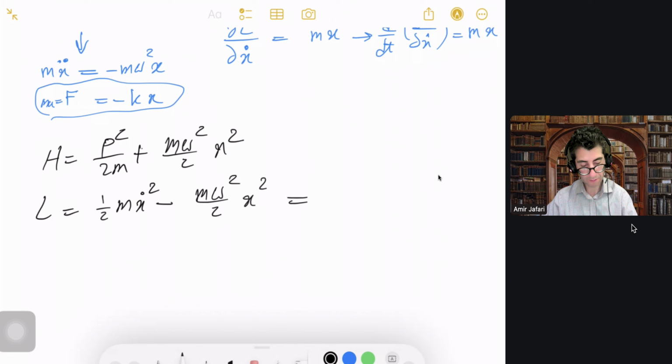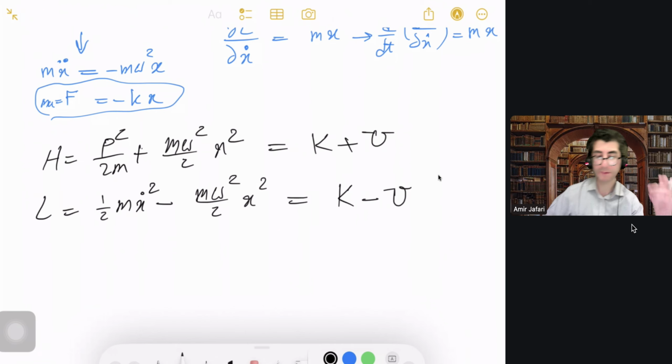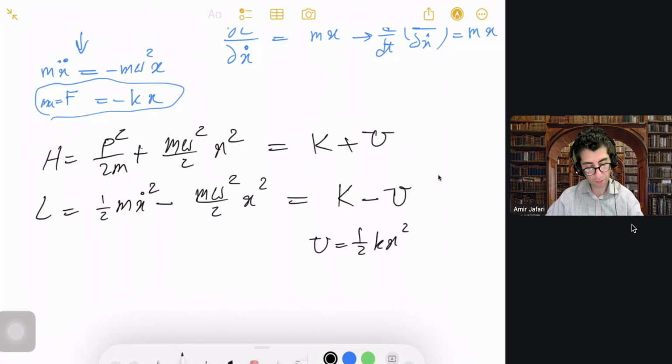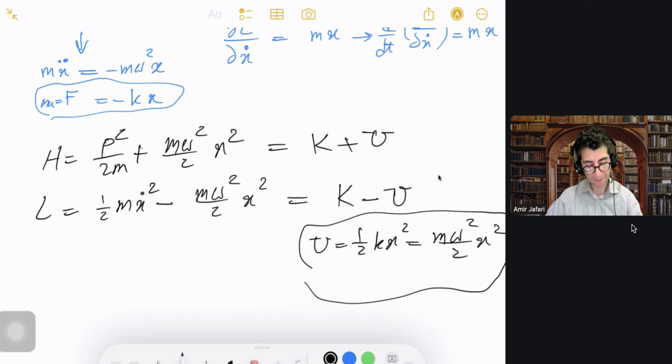So this is basically the kinetic energy minus potential energy, and this is kinetic energy plus potential energy. Okay, and the potential energy is 1/2 kx squared or 1/2 m omega squared x squared, which is basically, as I